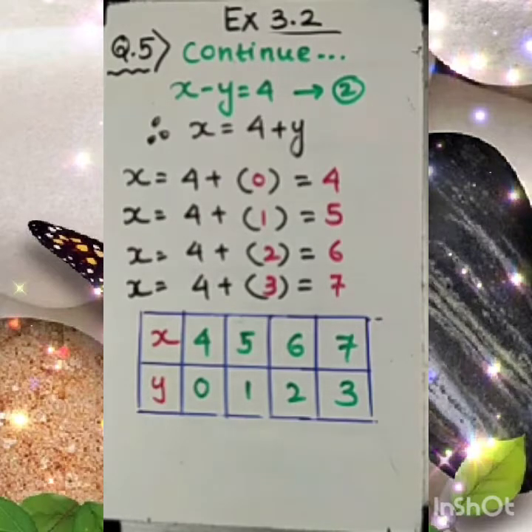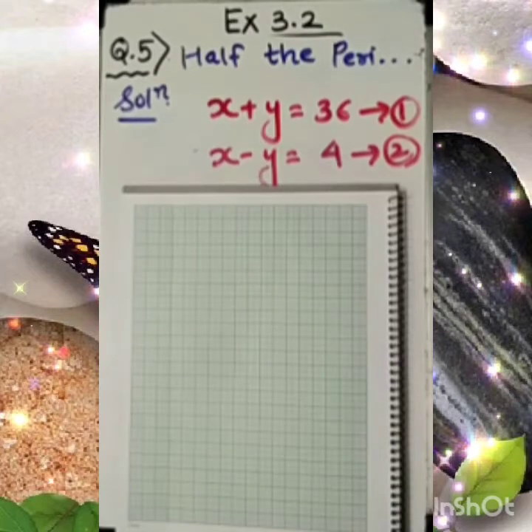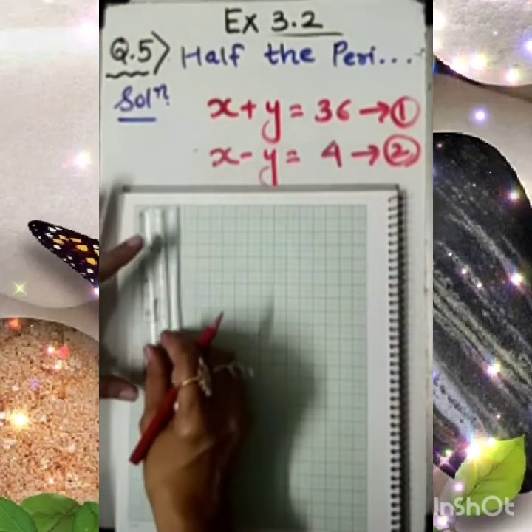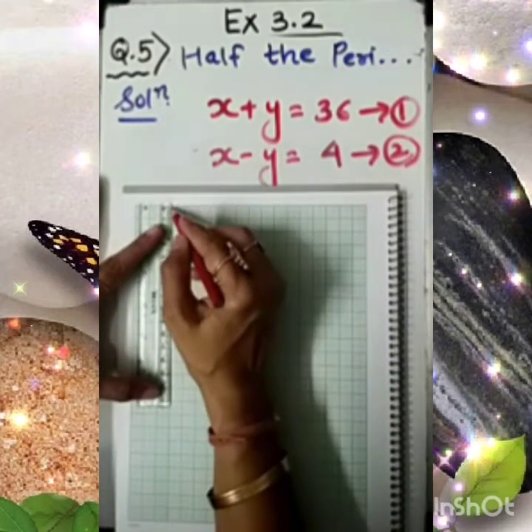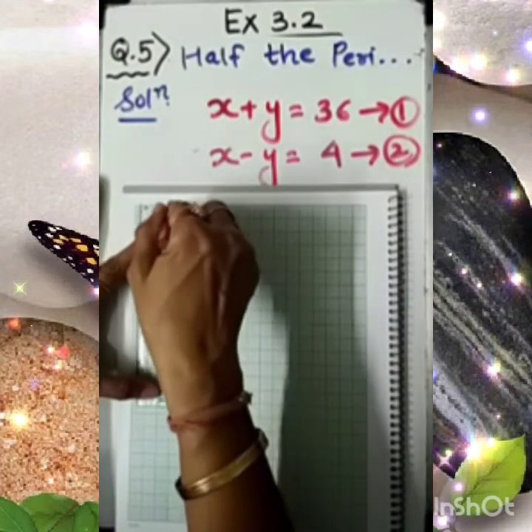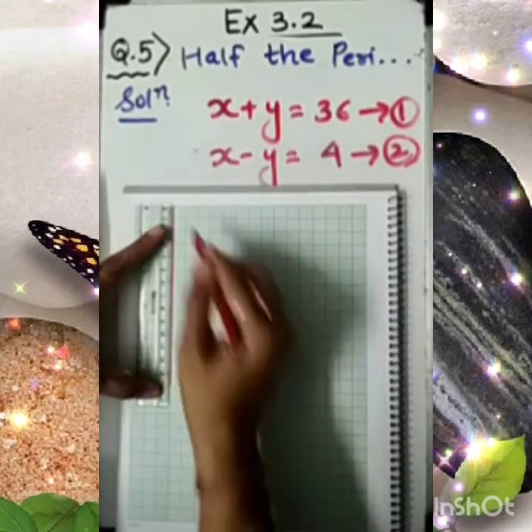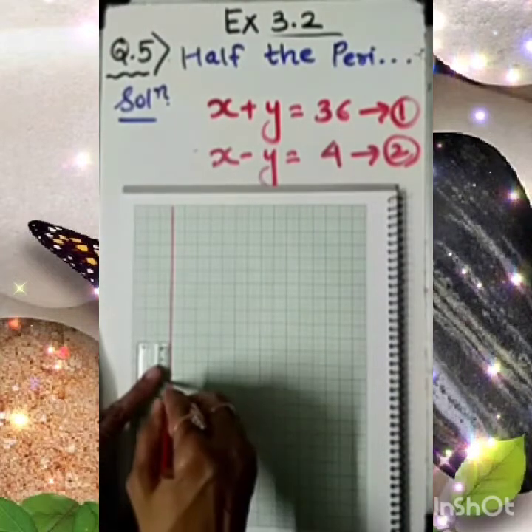Right? Let's see which type of graph we will have. We are given 2x plus y equal to 36, that is our first equation. Let's locate the points of the first equation and second equation here. For that, we know this graph is in the first quadrant. So let me draw the y-axis first here. You also start drawing along with me.